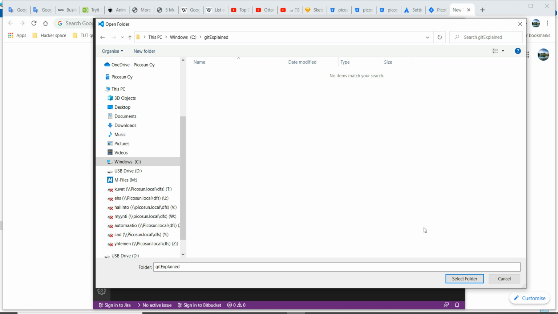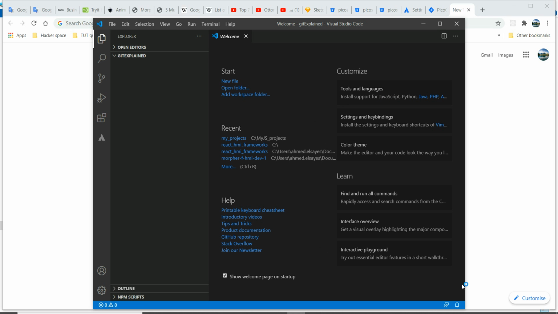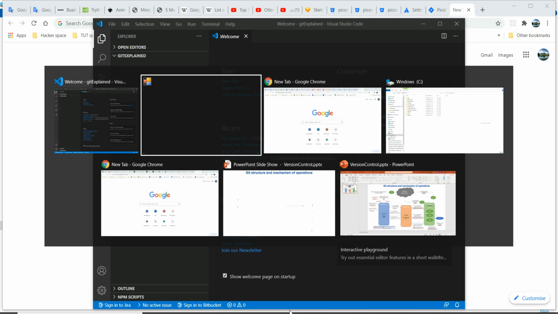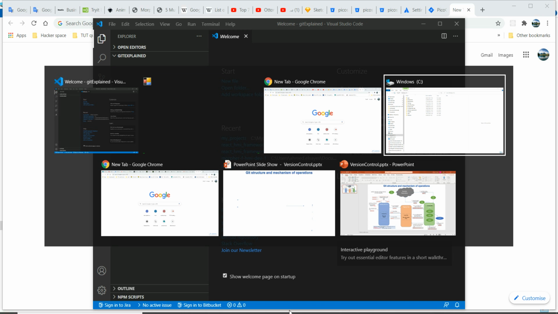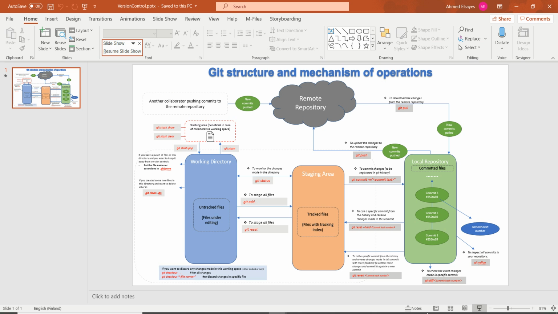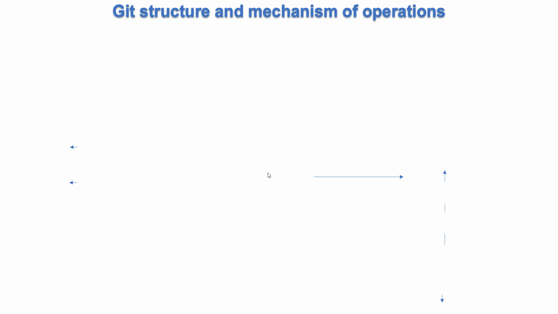So I will open this folder here. So now we are in this folder called Git explained, and here we will initiate our version control. But before doing anything, we just need to go and see what is version control and